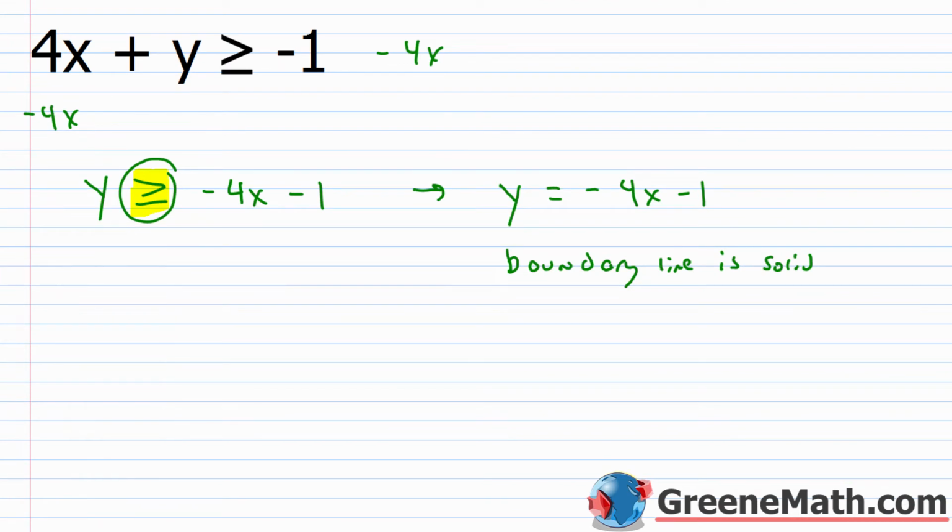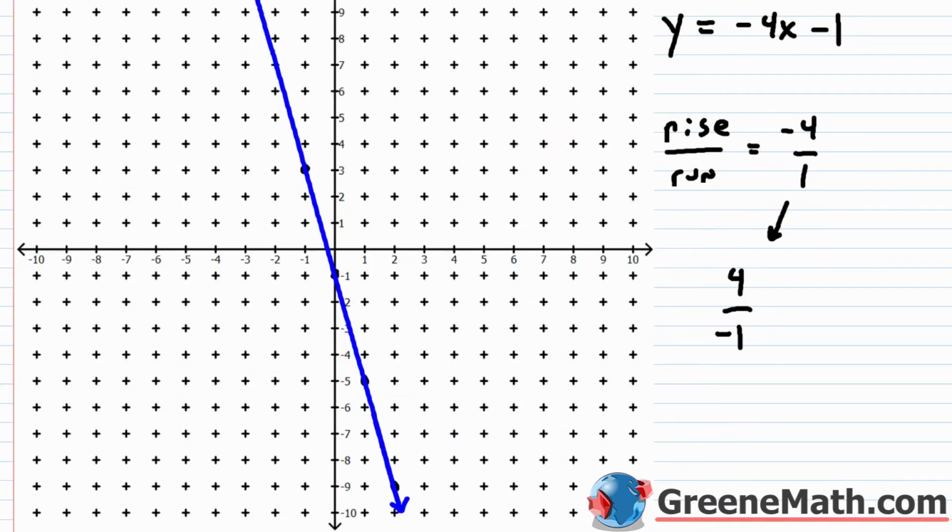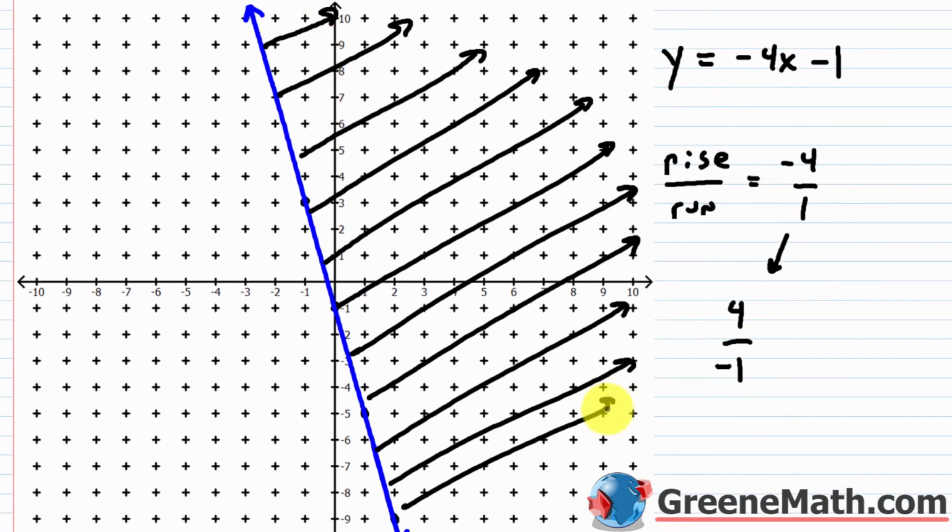All right, now the next thing I'd look at is the fact that this is a greater than or equal to. So for a greater than or equal to, I shade above the line. So I come back here. If I want to shade above the line, I would shade this direction. Just make it completely clear to your teacher or whoever's grading your test that this is the solution region, and then this over here is the